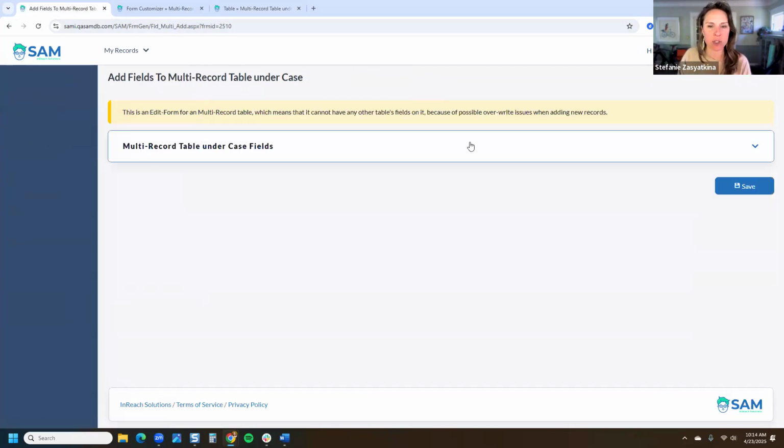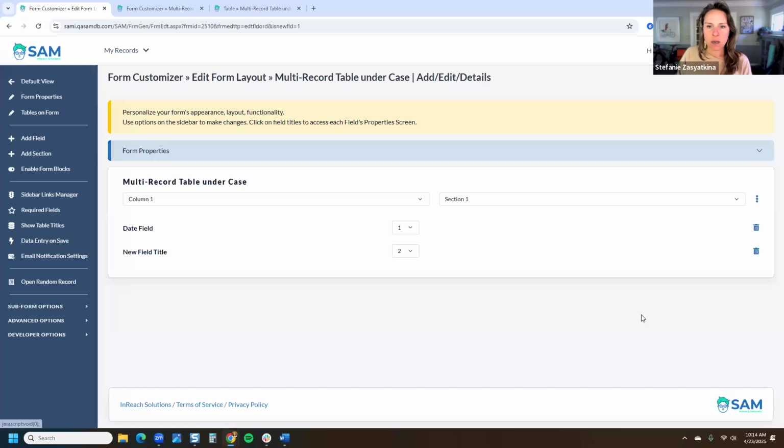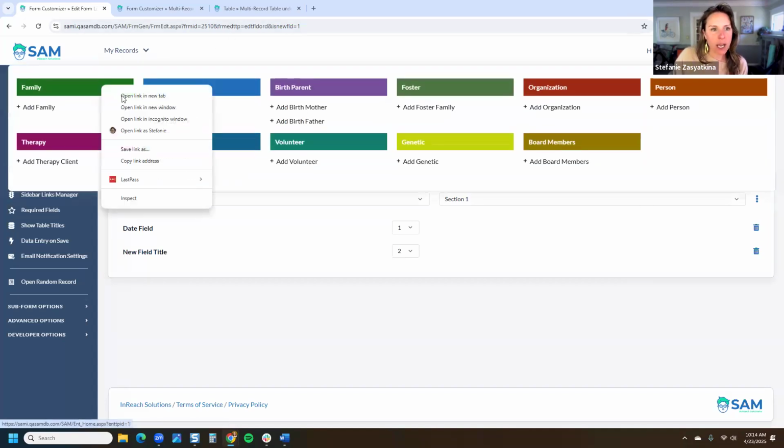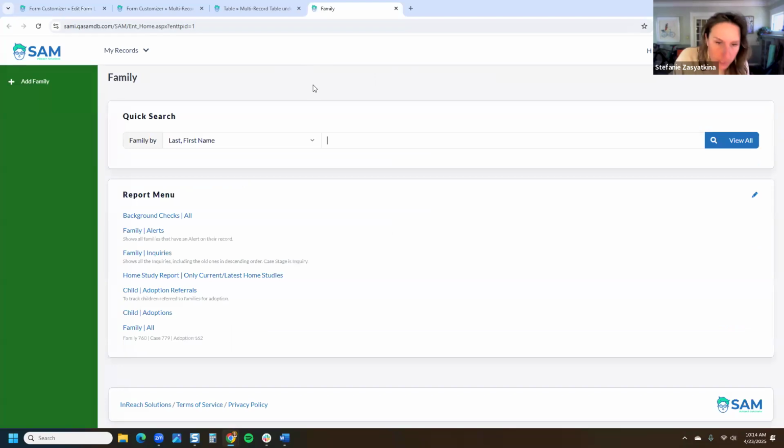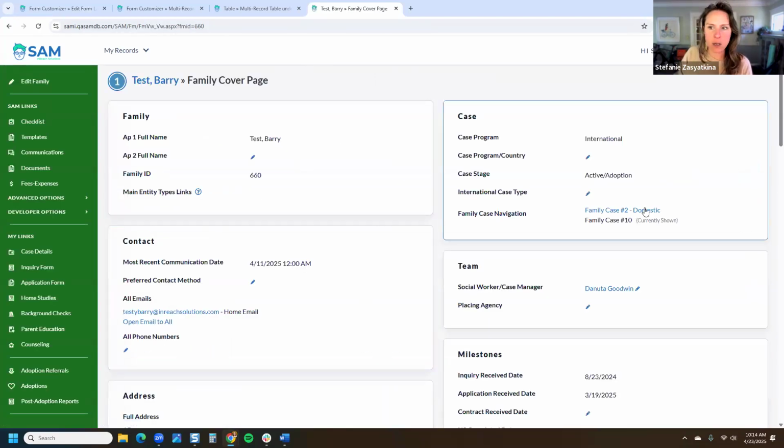And I'll just add those two fields. Just click here, I'll get a date field and the other. Press save. So now this is all connected. It literally is available to work. And so if I pop in over here and go to my test record, and then go to the domestic, because that's the domestic case for this record,